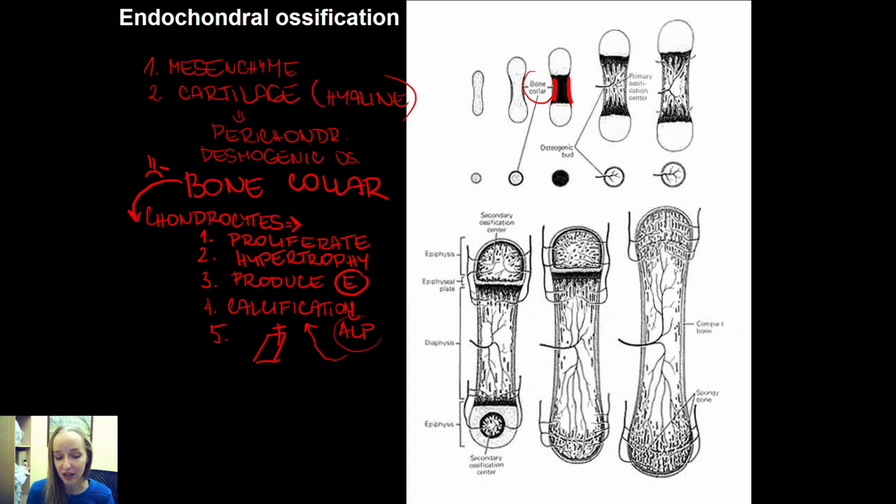I think they could handle it better, but it's not happening, so they die, really. First they proliferate, then they hypertrophy, they produce enzymes, the calcification begins in the surrounding tissue and cartilage, and then they die because there are not enough substances. But it's not their fault, it's actually that this system is not very good. But the bone can form in this case because there will be empty spaces that were filled with chondrocytes